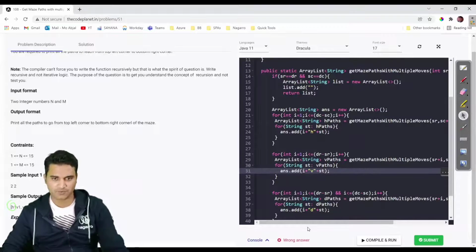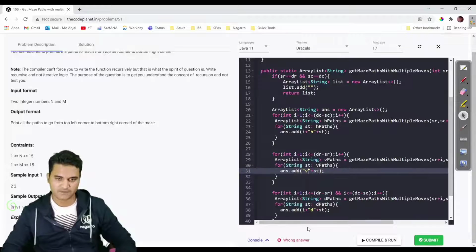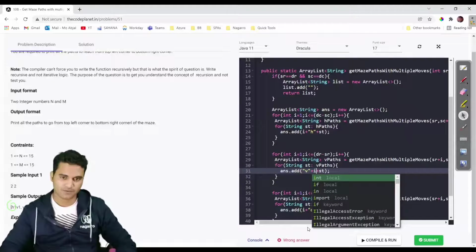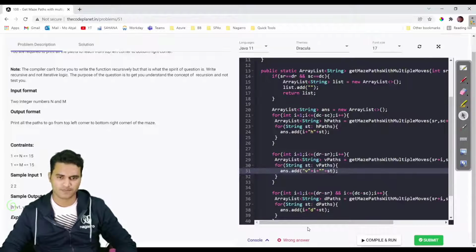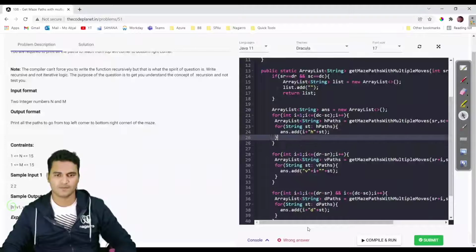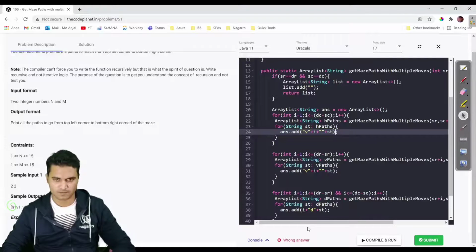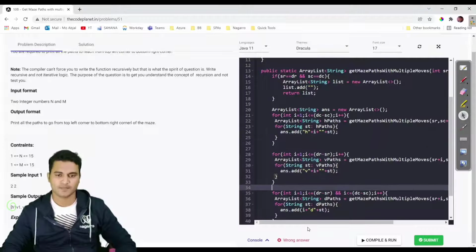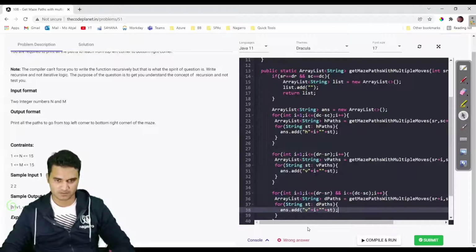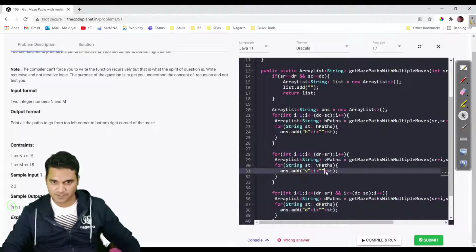We have to add 1 after this V. Fine. Here only change in H and here only change in D.